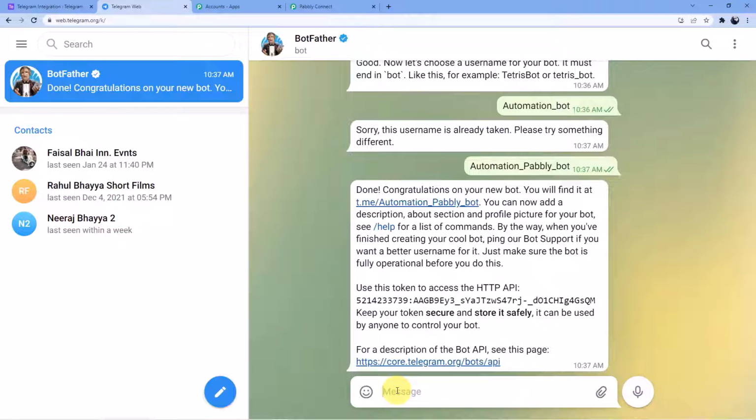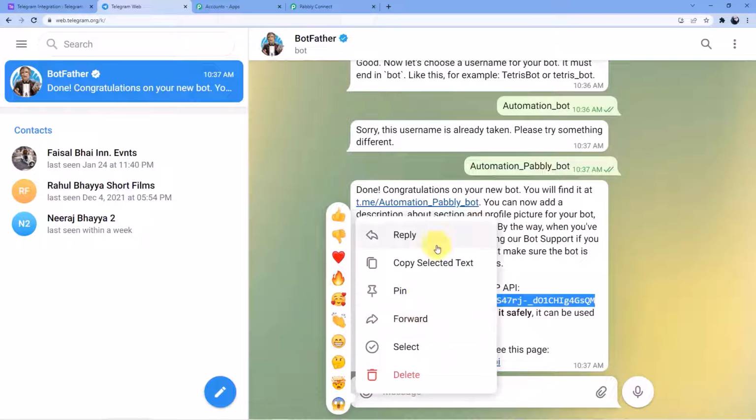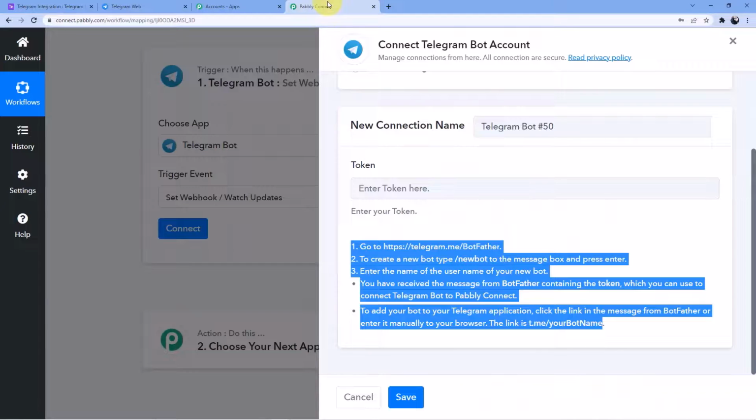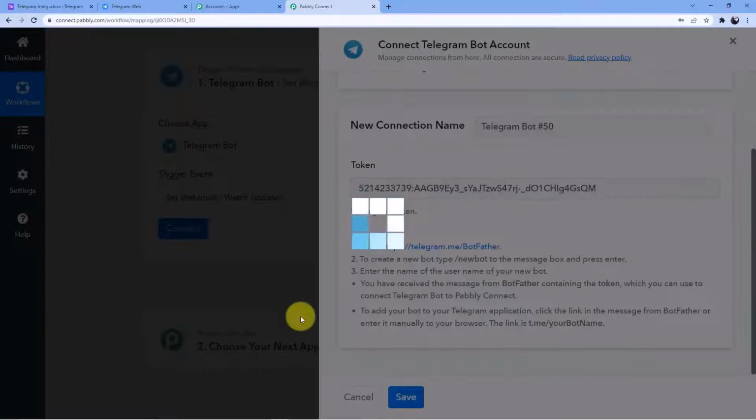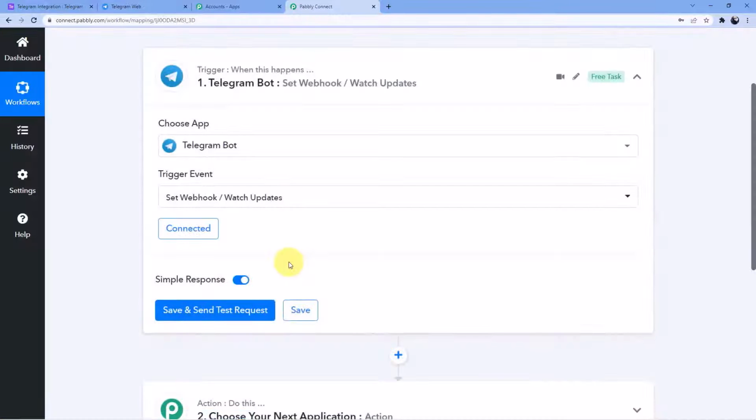And you can see it has written here, congratulations. You can read it. Now this is the token which we are going to use. Select this, copy this, and go back to Pabbly Connect and paste your token here. Okay. Now, as soon as you will do that, you will see that your Telegram will be successfully connected to